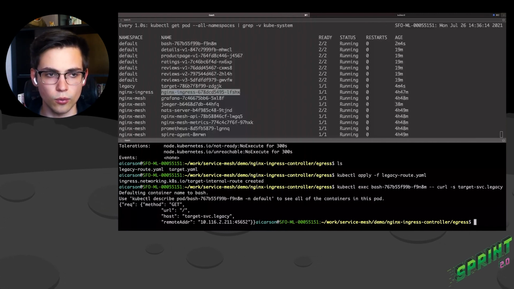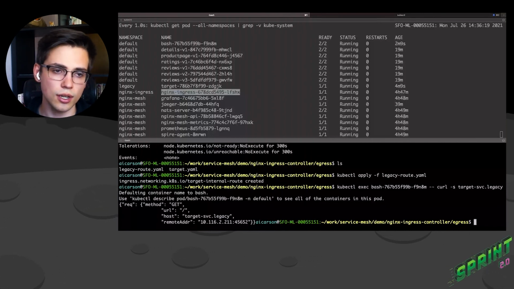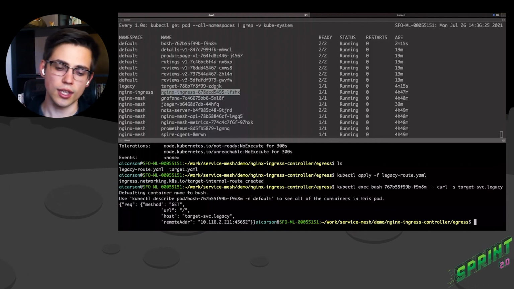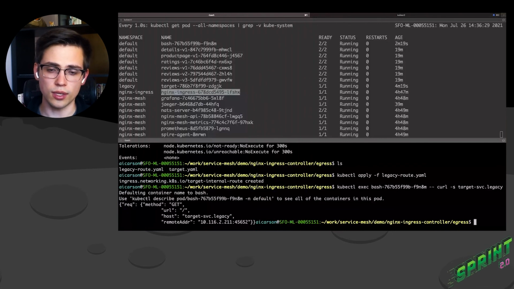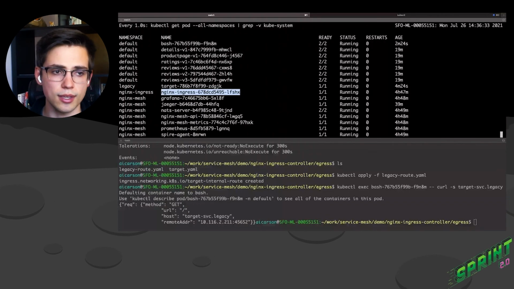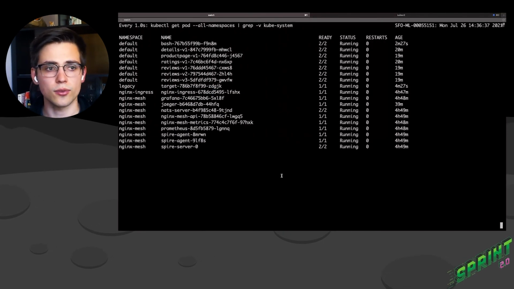We have worked through Ingress encryption in order to secure incoming traffic. Then we talked about how Spire works on the encryption as well as the authentication piece. And then we talked about authorization.